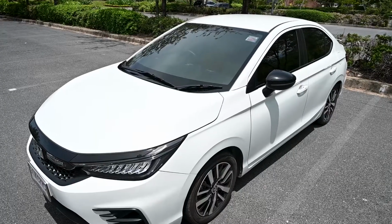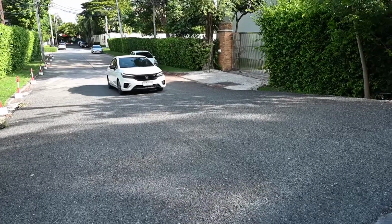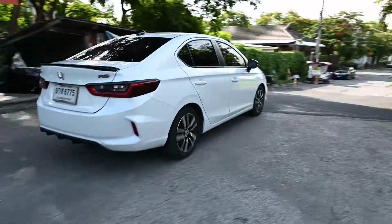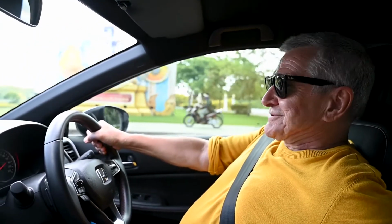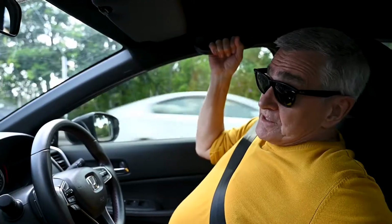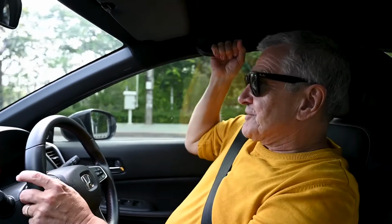Take this baby out on the highway and you can go 200, just like one of my colleagues, Somsak. He went 200, unbelievable. I have to mention that I'm driving the top of the line Honda City RS variant. Turbocharged, of course. Price 739,000 baht. Everything included. No additional optional extras. It's all inclusive. So what do you get for 739,000? You get plenty,